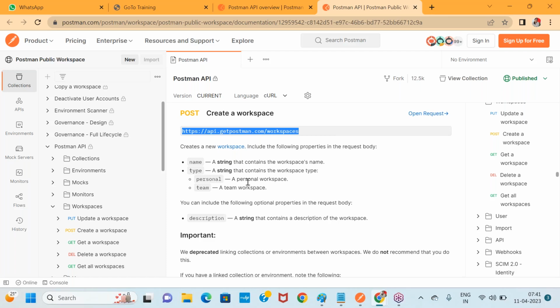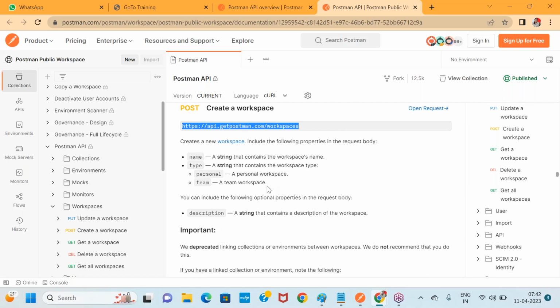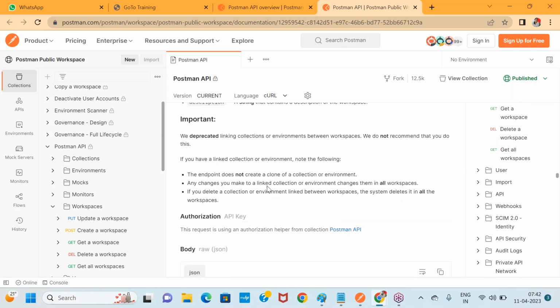I mean to say, name and type are mandatory parameters. The optional parameter is description, which means that along with the request, whether you send a description or not, your request will not fail. But if you miss sending name and type, your request will fail because they are mandatory parameters. Okay, come down. Then they are telling that